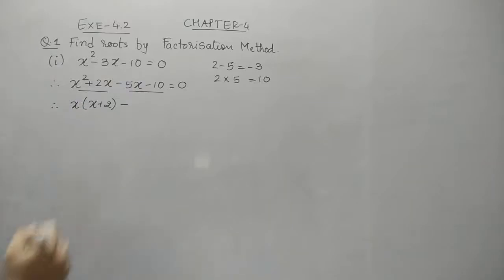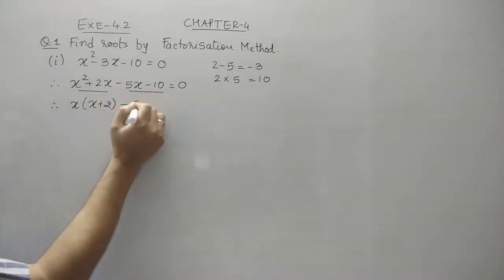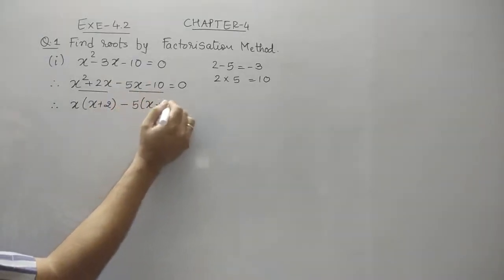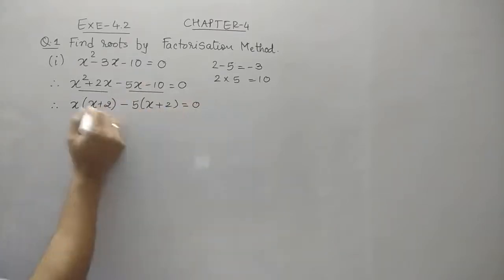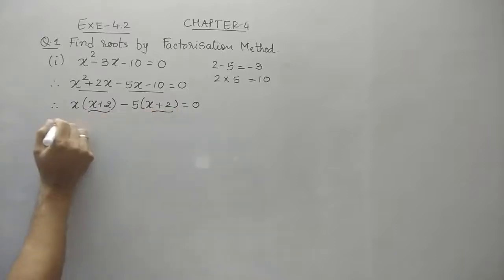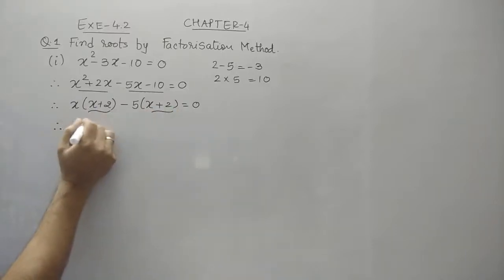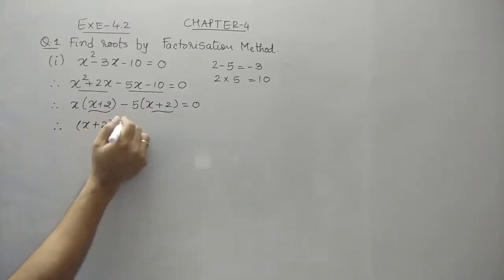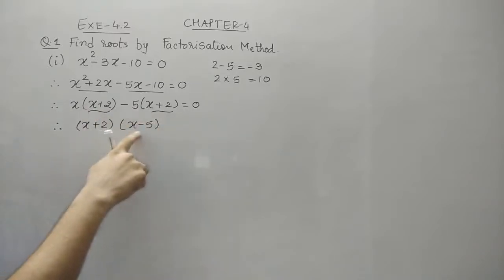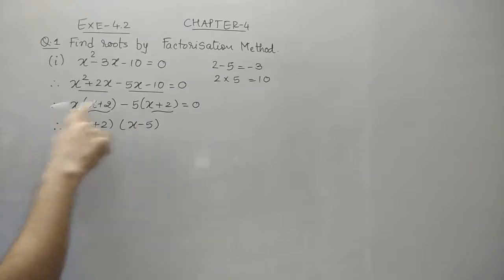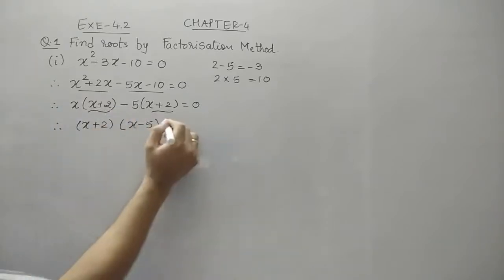Third, what is common again? So it is 5, so it is x plus 2. The sign of the fourth term I have changed. Very important. Both the brackets must be equal, and they are. So one of the factors we have is x plus 2, and another factor is x minus 5. How is this x minus 5? This is the common which I have written in the second bracket.